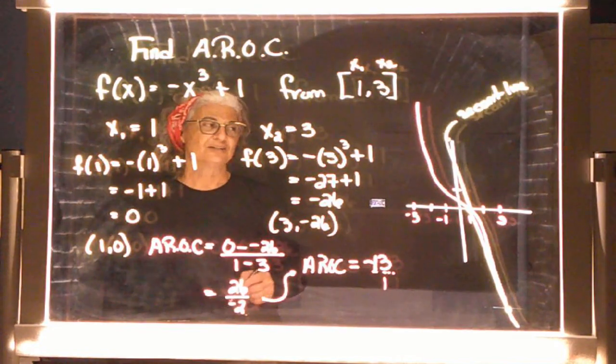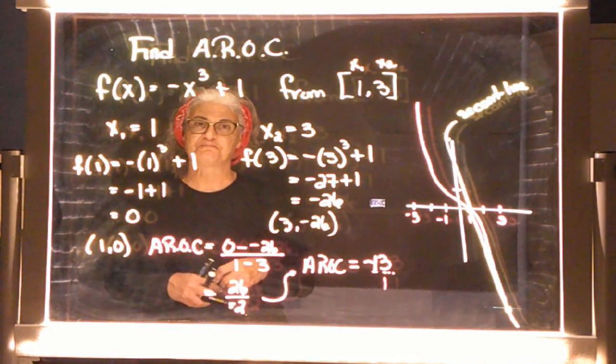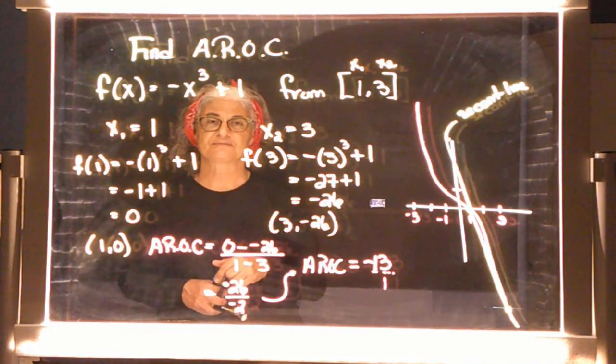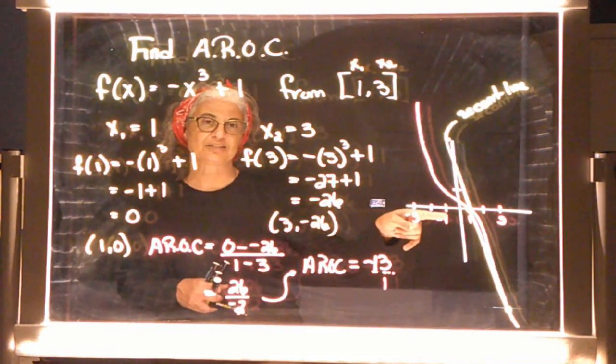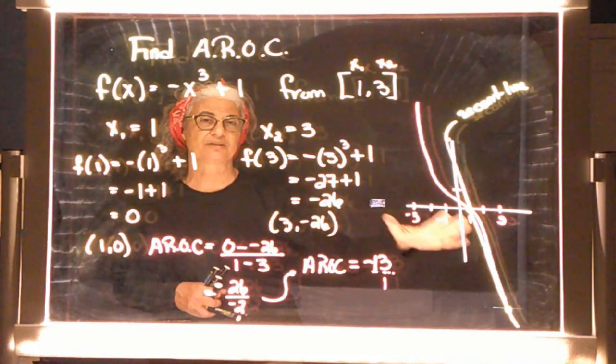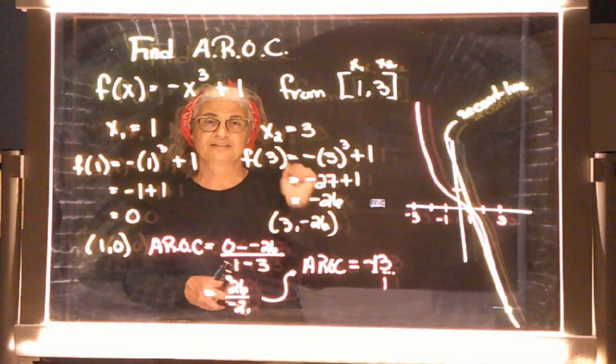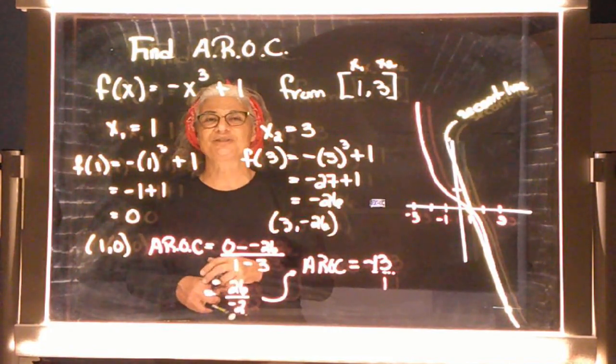Correct? Okay, so AROC is no big deal. It's just like slope. Cool? Except it's not dealing with a linear graph. It's dealing with a graph that has some kind of curve to it. Good? Okay, so you have fun with this stuff, and I'll catch you on the